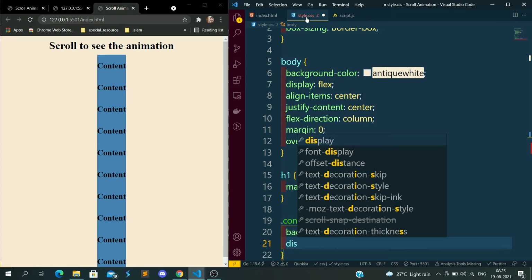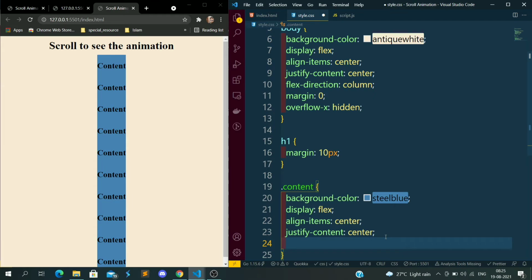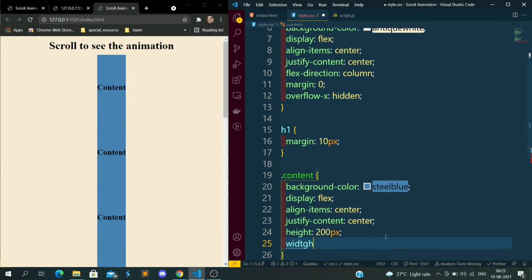Now I want to give some height, let's say 200 pixels. Now I want to give some width, let's say 400 pixels.